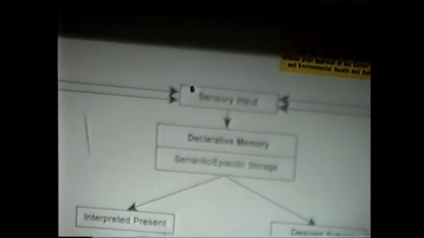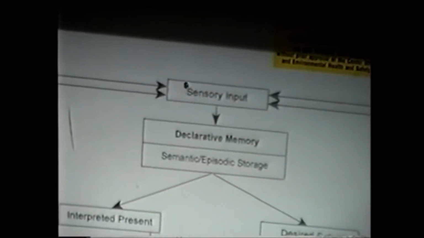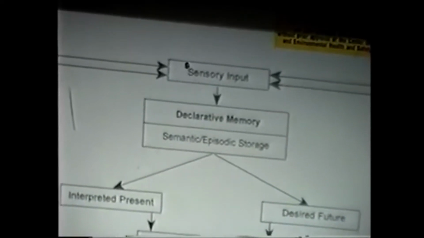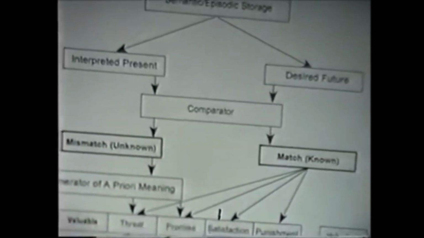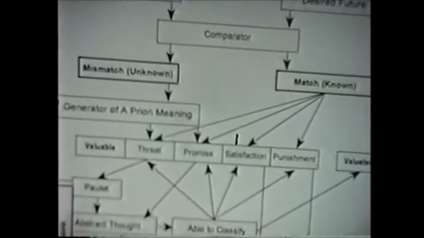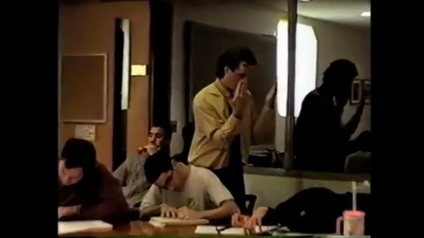Okay, at the top, well, this is a circle, and you can start anywhere in a circle, but we'll start at the top. It's how you process information. Well, obviously, the bottom line is that you have a certain amount of sensory input. That sensory input is interpreted with regards to its significance as a consequence of its interaction with what you already know, which is basically to say that your present, which constitutes the sensory information theoretically that's impinging on you at this moment, is not a veridical picture of the external world, but your interpretation of reality as it's unfolding.